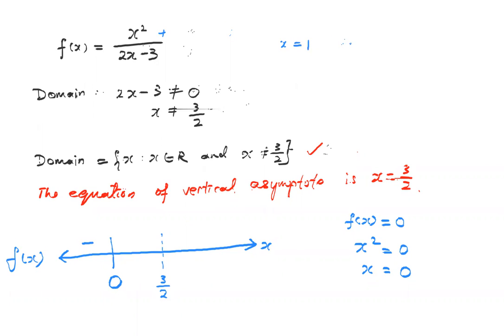Right? So I get 1 squared divided by 2 times 1 minus 3. So what do I get? I also get negative, right? So I put negative here. Then the rest will be positive. So you see,